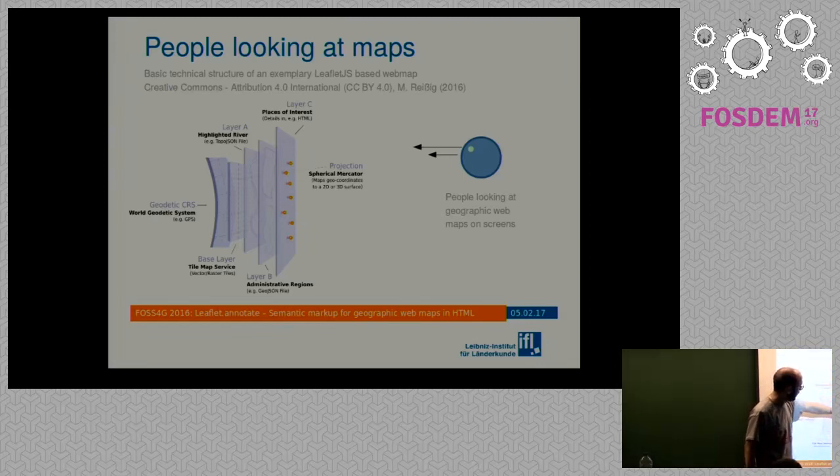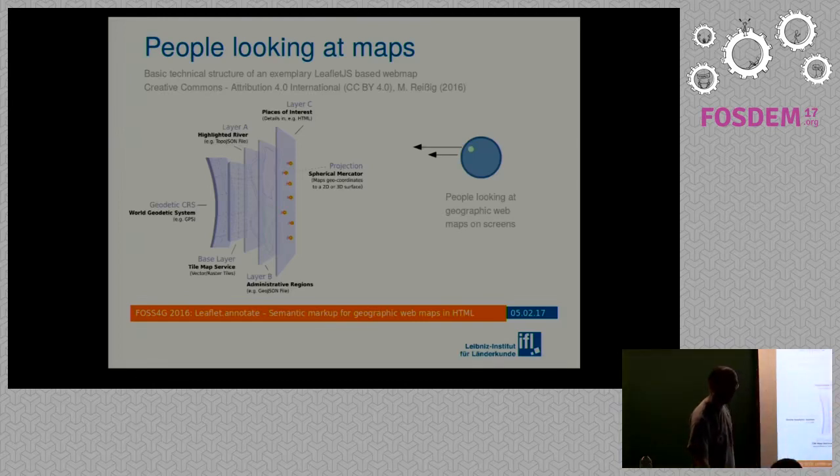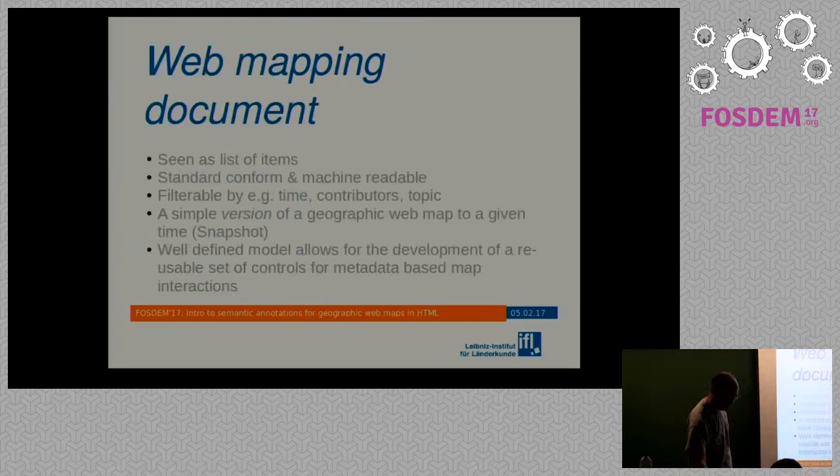And this is also the focus of the implementation in Leaflet. So I needed to find a term for the web mapping document. It's a central concept for me, because I also wanted to see the geographic web map not as a visualization, but as if it were a list, and I could sort it, I could explore it, by different